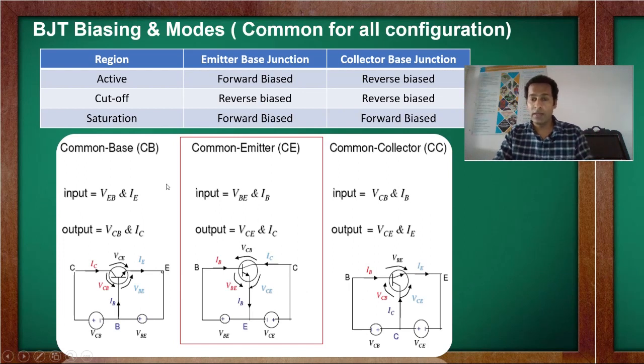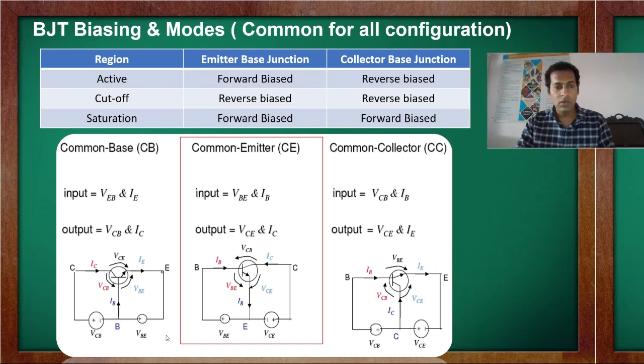But if someone asks you to construct the device in the cutoff region, what do we have to do? Just change it to reverse bias. Cutoff means off. Reverse bias means off condition. So input and output sides both should be off. So what do you have to do to make it off? Right now it is forward bias. Just change the polarity. Where there is plus, you make it minus. Wherever there is minus, you make it plus. It is about the polarity.